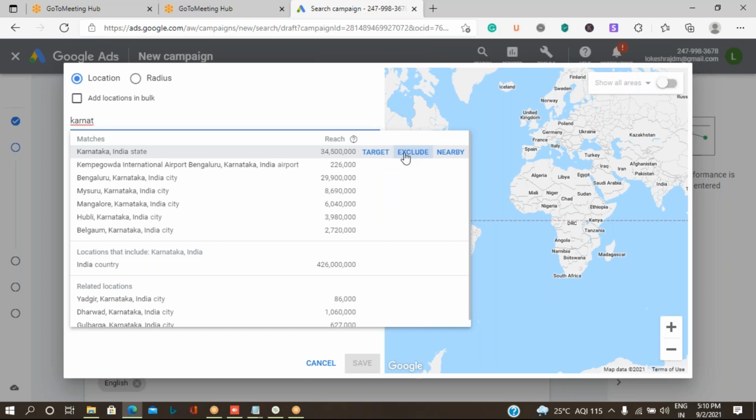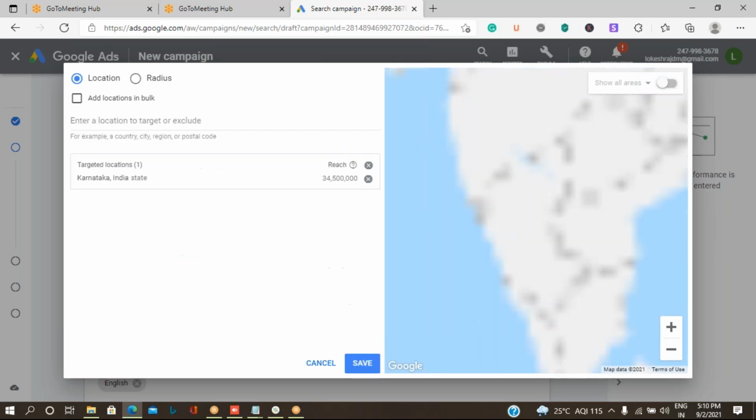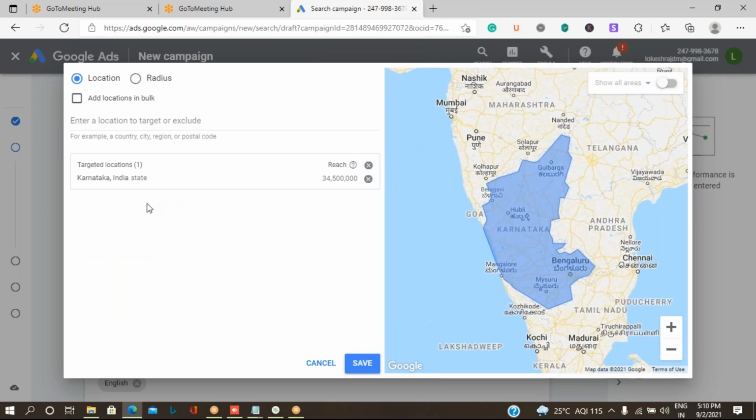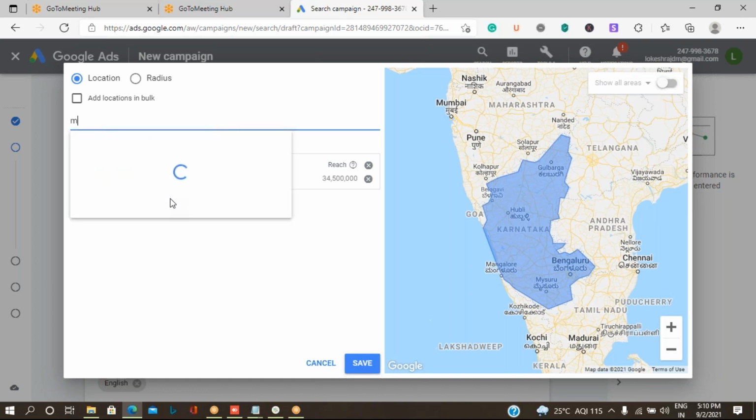Let me take an example that I am going to target the whole of Karnataka, where there is a population of 3 crore 45 lakh people. And in this Karnataka state, I want to exclude, let me take the example of Mangalore. Sorry if any person is from this place, it is just an example I am taking.